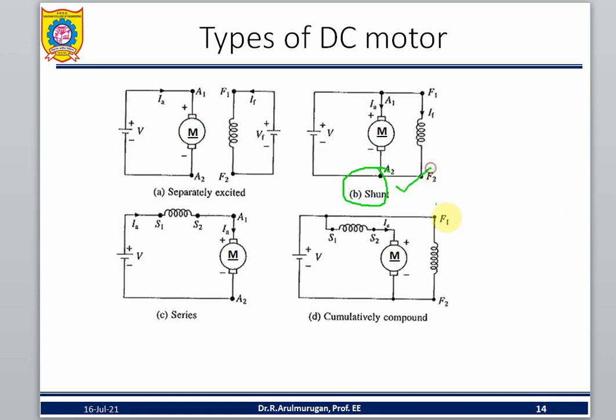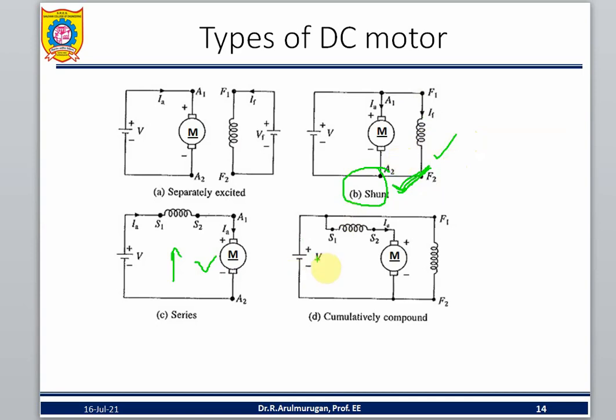So the motor used is the shunt motor. For low starting torque applications, the shunt motor is used. In DC power supply, the shunt motor is used for medium or low starting torque applications. For high starting torque, you can use the series motor: lift, crane, hoist, elevator. For a DC fan, you can select the shunt motor. So this is about the differentiations.